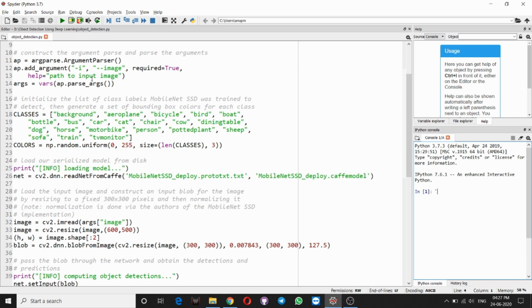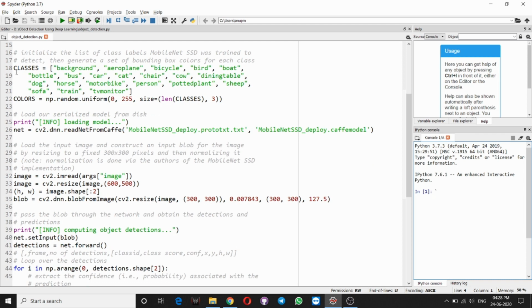Now we will pass a scalar factor which will be multiplied to our image, and then we will also pass the output size of the image, which is the same as the input, 300 cross 300. Then we will subtract a mean value of 127.5 from all the RGB color values, and all the values returned by blobFromImage are stored in the variable blob.